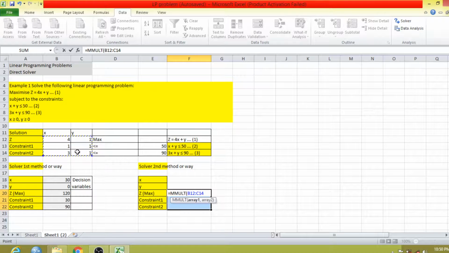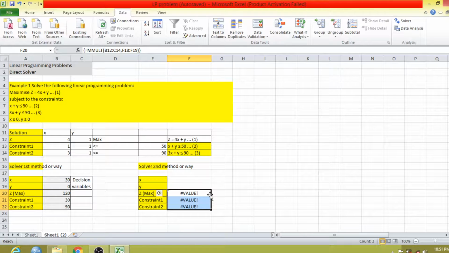So I will select this. In the last video, in the graphical method, we were selecting only the two given constraints, not taking z, but here we are also including z. So I will also select this, then comma, then the values of variables x and y, then bracket. Now I will not directly click enter. I will press Control plus Shift plus Enter.